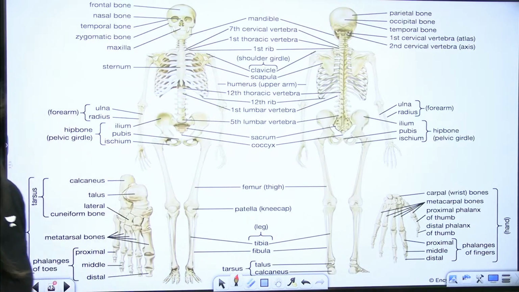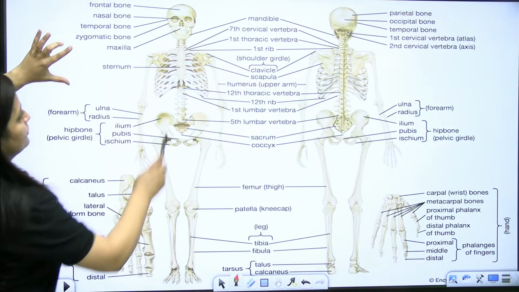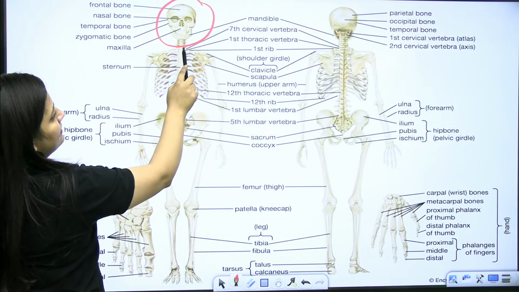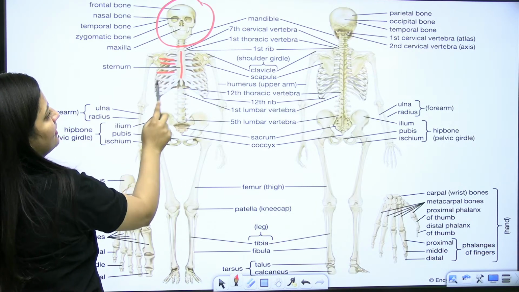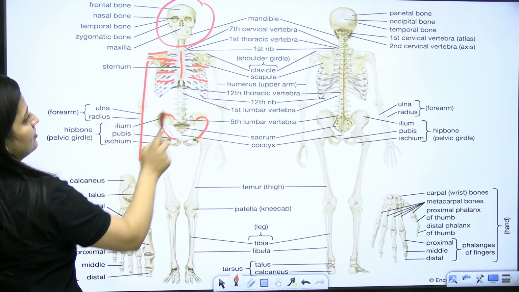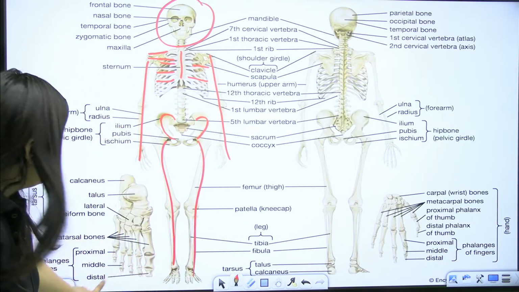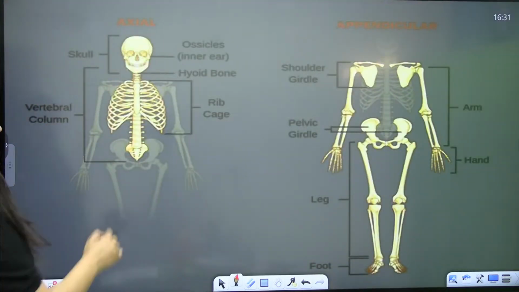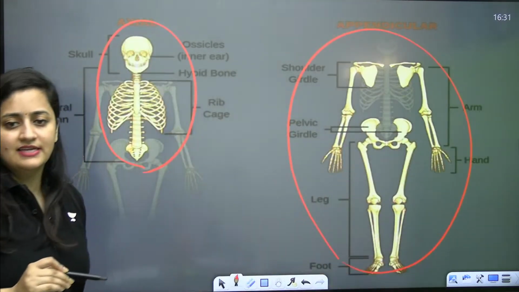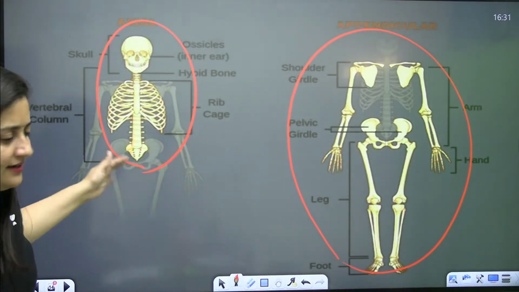Let's make it easy. So this part and that part, you can see the bones. The skull having cranium, facial bones, ear ossicles and hyoid. This is the sternum. The ribs are there. Here the pelvic girdle, the pectoral girdle, forelimbs. Here comes the hind limb. So see this, the axial skeleton, and this part is the appendicular skeleton. Understood? Axial skeleton, appendicular skeleton.